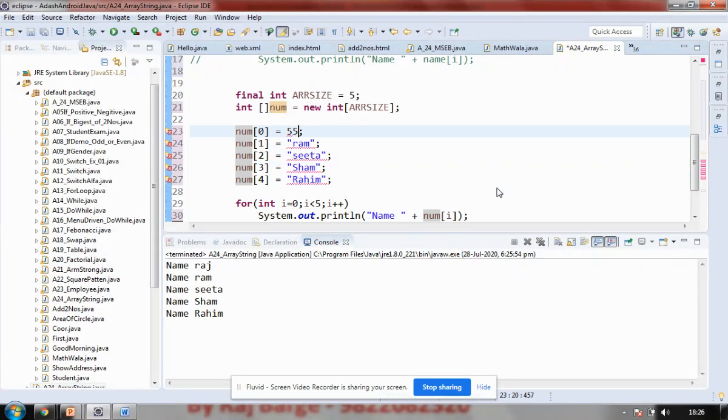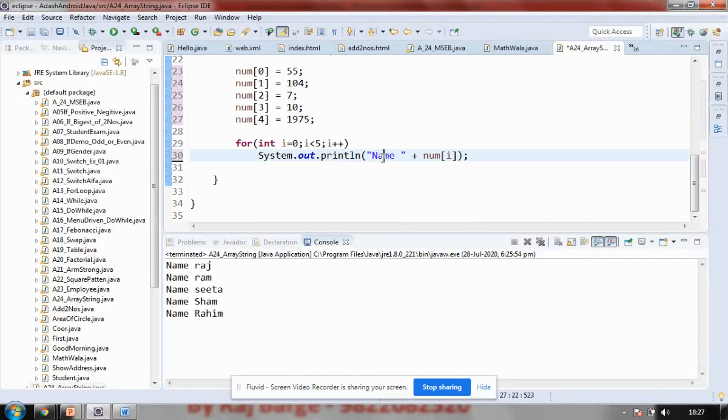This is going to hold some values. My values are 55, 105, 7, 10, and 1975. So these are the values, and you want to display them. So I'll be saying the numbers are.